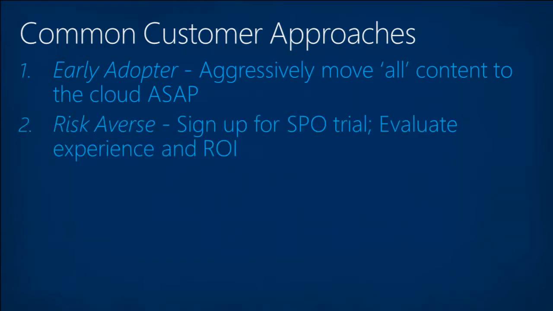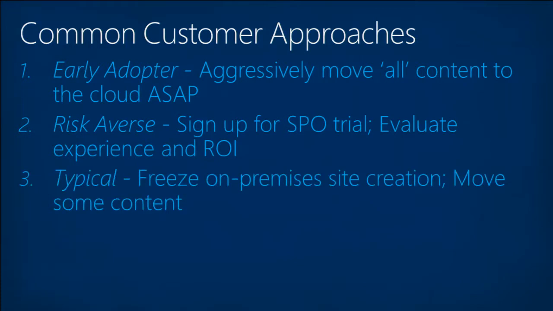And there are some companies that are simply risk averse and are trying things out. They want to see what ROI they get, and based on that, they'll make the decisions that are right for their business. And a third approach is where companies start de-emphasizing investments on premises. They say, you know what, we'll stop building stuff out here, and any new investment, or the majority of new investment, is made in the cloud. So we see these three different approaches,